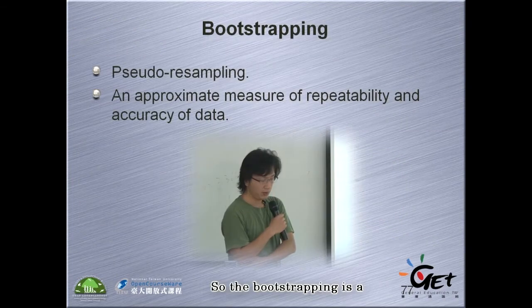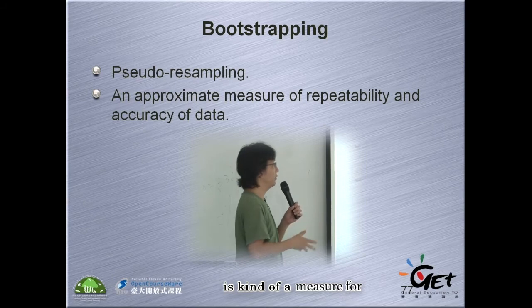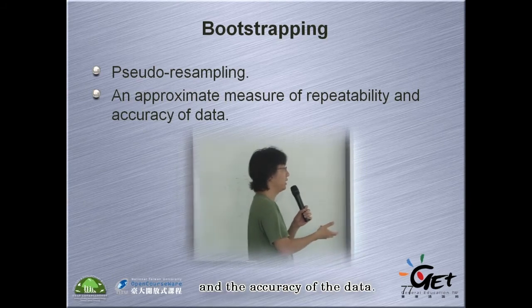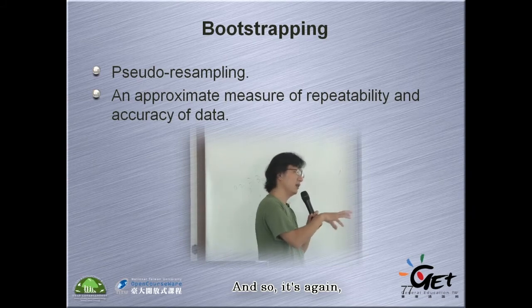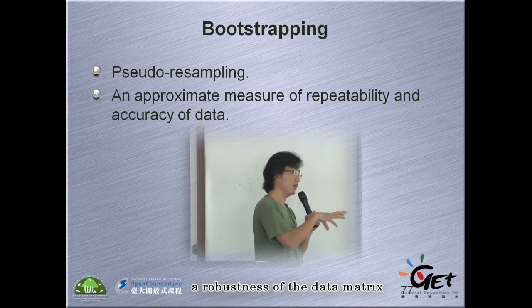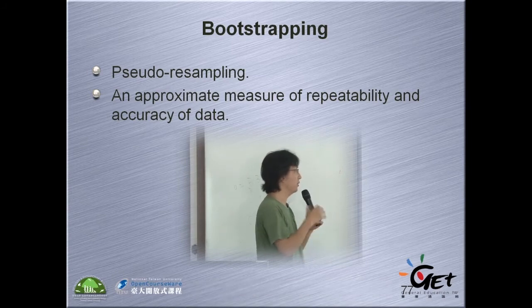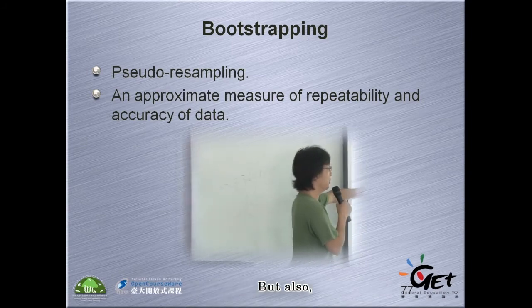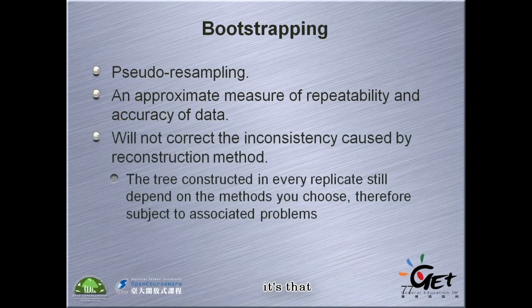So the bootstrapping is a pseudo resampling process. It's kind of a measure for repeatability and the accuracy of the data. And so, again, that's the robustness of the data, measuring if there is any conflicting signal and so on. But also very important to note here is that if the reconstruction method is wrong, then everything